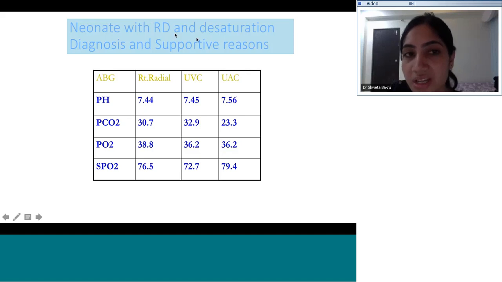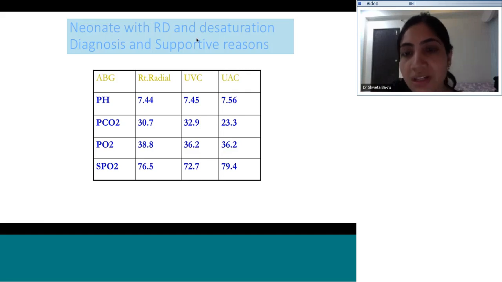And one more point against DTGA is that usually the newborns will be quite asymptomatic in the initial day 1 or day 2 period, because with DTGA the ductus arteriosus is present and the foramen ovale is also adequately shunting. It is over a period of time, like 1 week or so, when the ductus is closed and the foramen is also restricting, that systemic oxygenation is not happening adequately, and then they present with respiratory distress, and the distress is usually of metabolic cause. There will be severe metabolic acidosis.